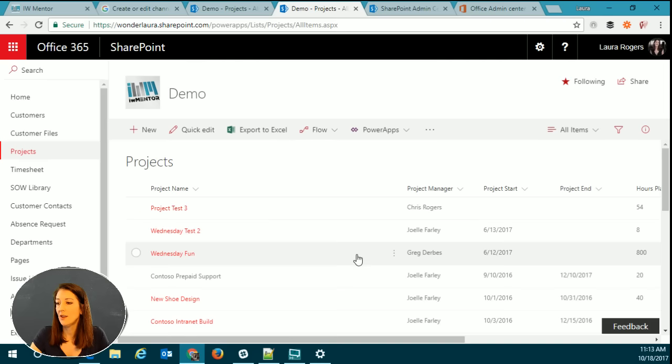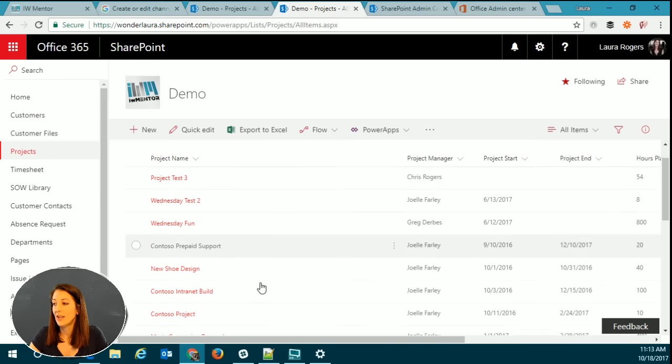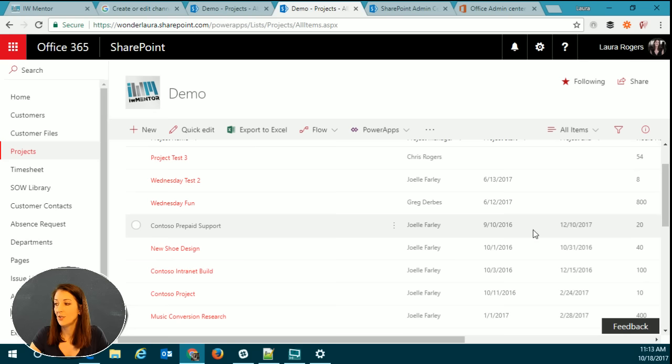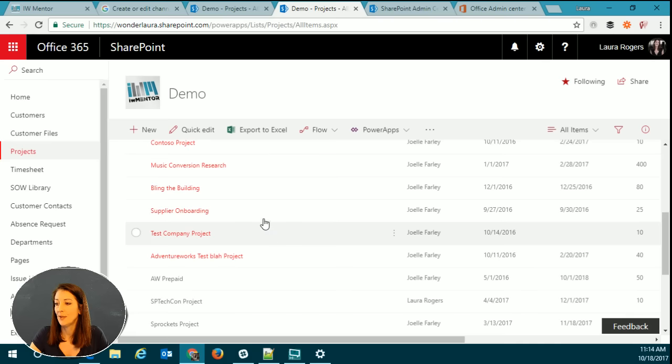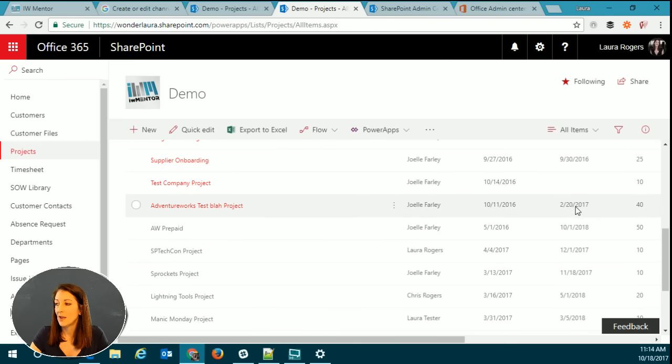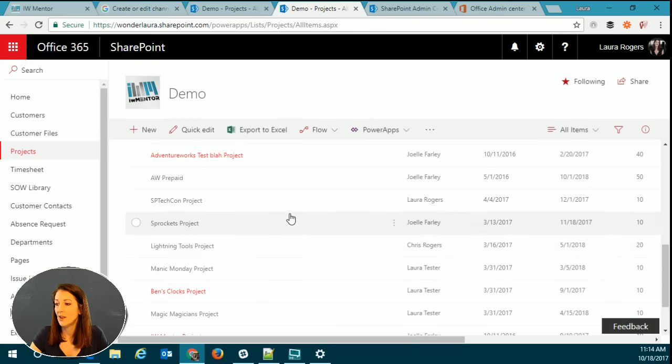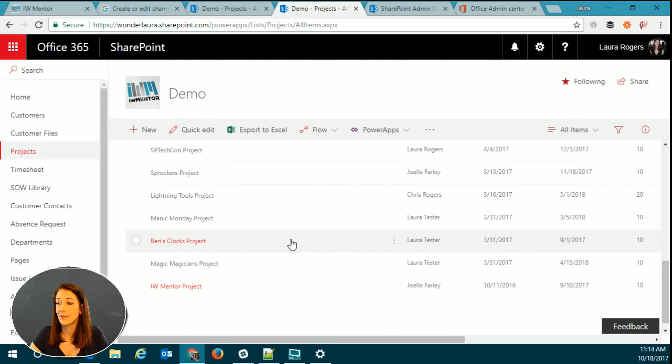Okay, so here's one where what I did with the text formatting of the project name is it is looking to see if the project end either doesn't exist or is in the past, and it's showing them as red. So like this Contoso prepaid support project doesn't end yet, so it's not red. But a lot of these are red because they're in the past or empty. And then these are not. So that's pretty cool. So let's go look at how I